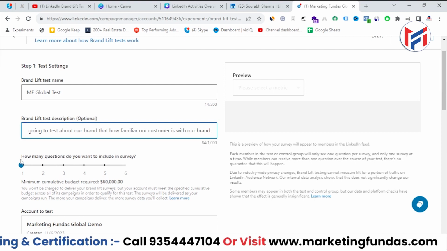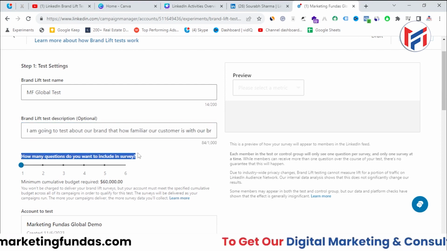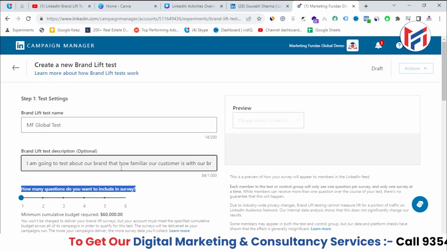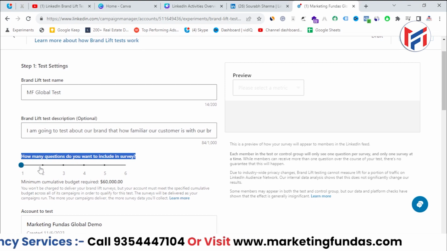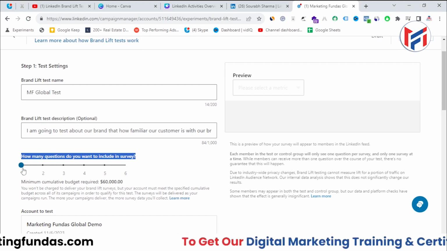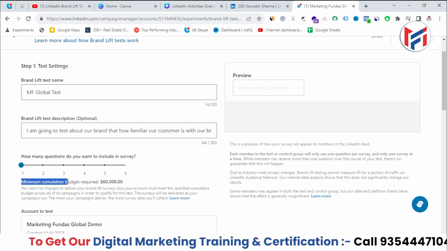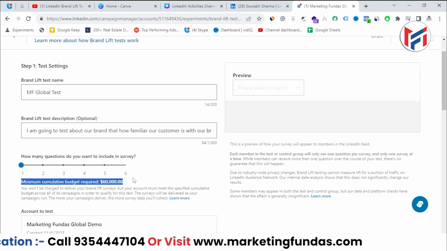Then here you need to select how many questions you want to include in the survey. As I told you, this is exactly a survey, right? Now it is asking how many questions you want to add into the survey. If it is one, then the minimum cumulative budget required is around $60,000. That's why I told you that